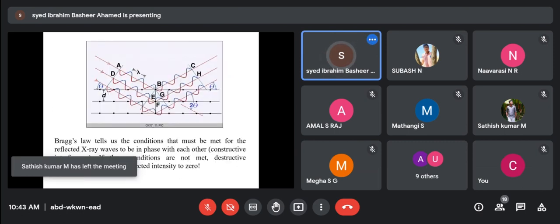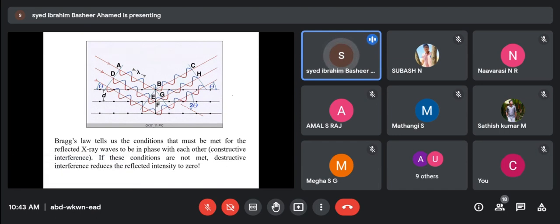So here you can see you have a different set of planes, plane 1, 2, 3, and so on. Okay, so you have lattice points here and there, everywhere. Now you are taking this crystal into the X-ray beam. So your X-ray is coming like this and hitting on the surface. So here are your crystal points, right?